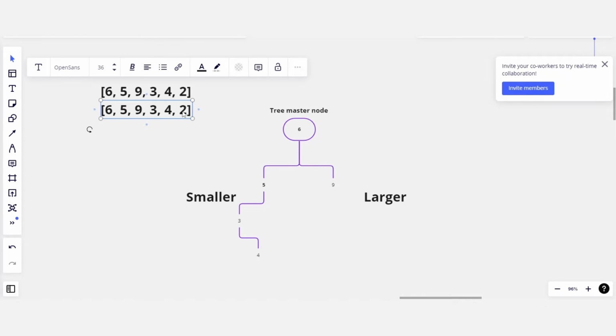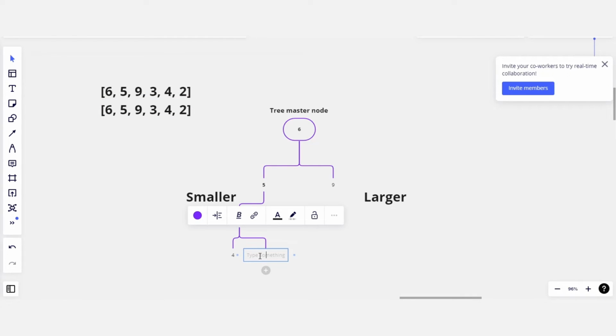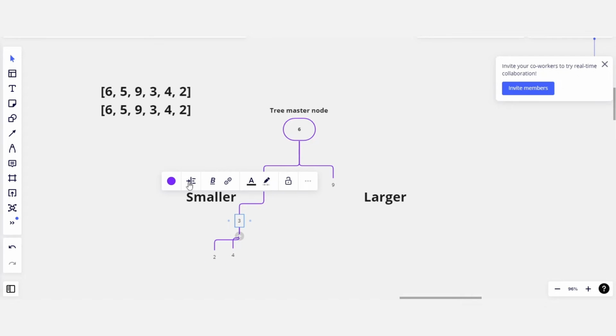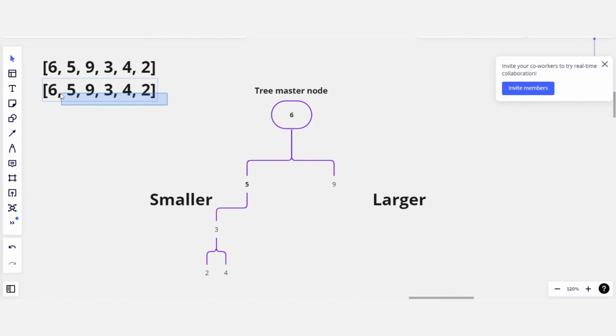And then comes the digit 2. So we will go through the tree and check if the master node is full. It is. Then 2 is less than 6, so we will go to the left. 2 is also less than 5, so we will go to the left. There is no empty space, but 2 is also less than 3, so we'll go to the left and store 2. As you can see, we have completed our tree,